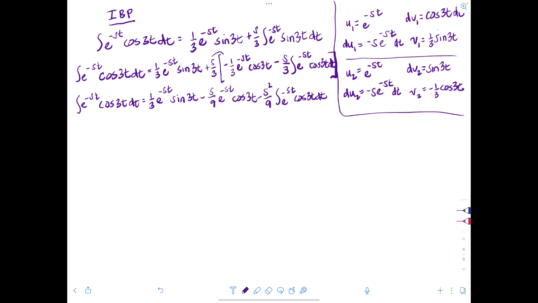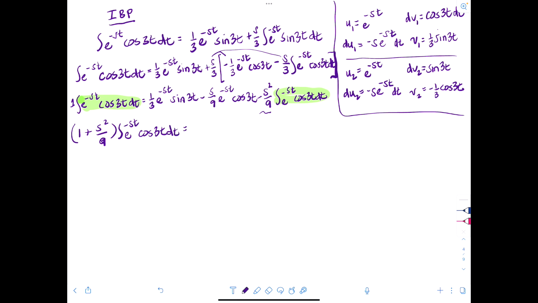And that was just from distributing. Now we need to combine like integrals. So these guys are like integrals. The one on the left has a coefficient of 1. The one on the right has a coefficient of negative s squared over 9. So I'm going to add the coefficients and then times the integral of e to the negative st times cosine at 3t dt